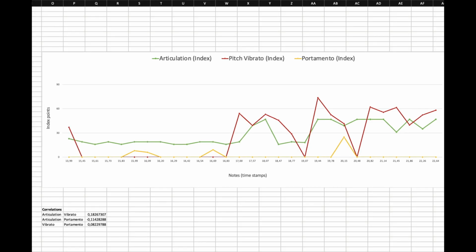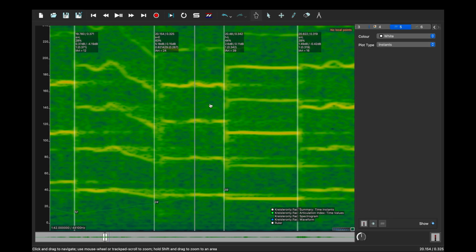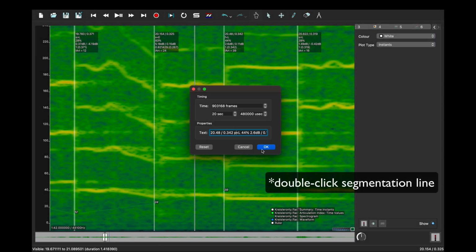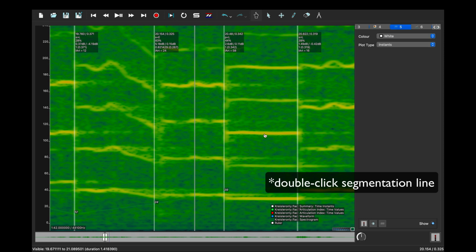In case you don't agree with the plugin's analysis, it's of course possible to edit the layer data. For instance, we found this onset to be percussive earlier, that is plosive instead of fricative. We may change the data either by double-clicking the segmentation line